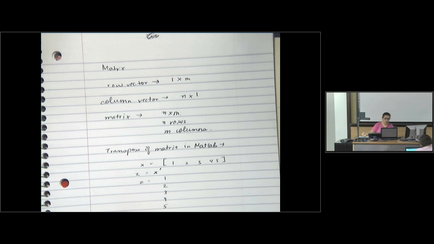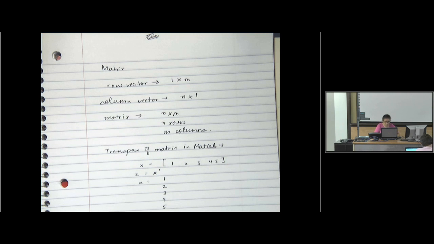Okay? Another thing, if after each of these commands you don't put a semicolon, you'll see the output in the command window. And if you put a semicolon, you won't see an output in this command window. Okay, so a simple thing is, if I write A = 2, I see the output in the